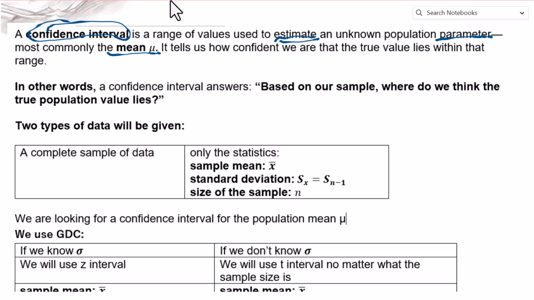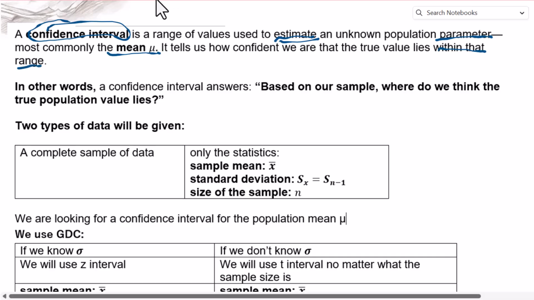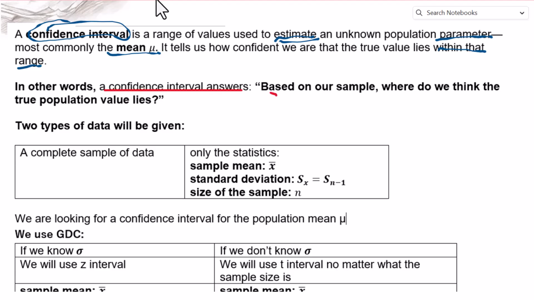It tells us how confident we are that the true value lies within that range. In other words, a confidence interval answers, based on our sample,